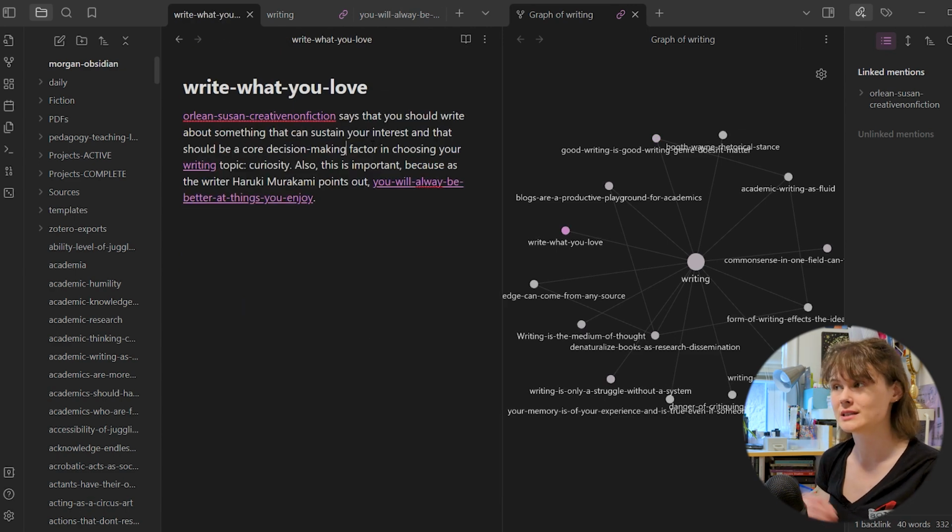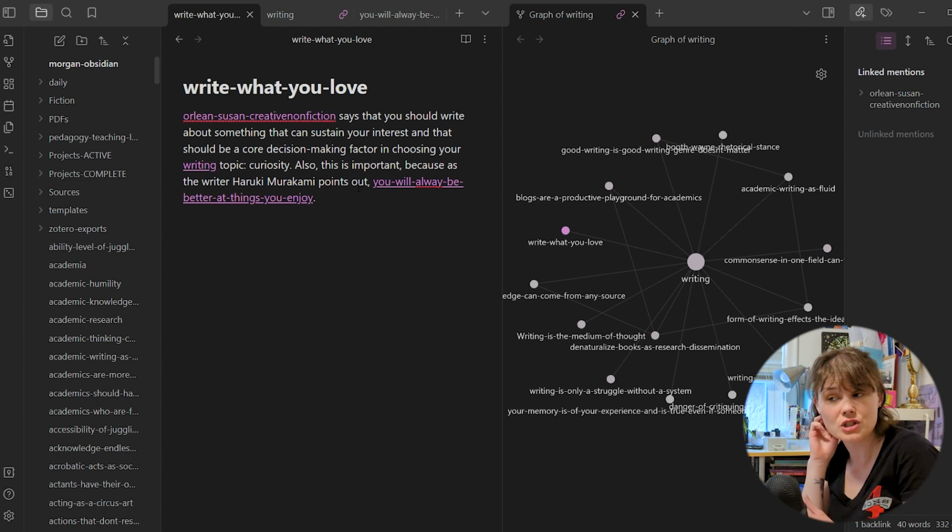One idea that I found was actually the idea that you should write what you love, which came from the Haruki Murakami notes that I had referenced earlier in my first example today. When you actually get into a note-taking session, these things build off of each other. Because I had just accessed that note, it was fresh in my mind and I could find the connection here, which reminds me that there's so many more connections that could be being made in my zettelkasten that I'm not making because they're just not fresh in my mind, which is why it's important to be doing this every single day and all the time that you can.